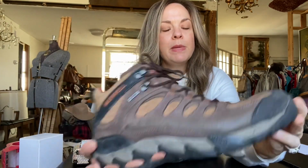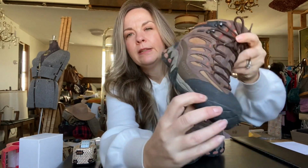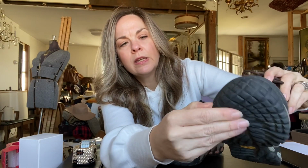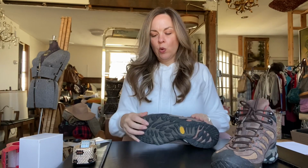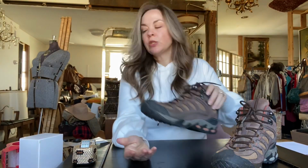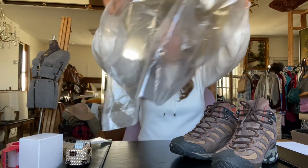Okay, and the next item is a pair of Merrell hiking boots. These are men's, and I picked these up and I didn't realize, I don't know if you'll be able to see it, but they had a little bit of separation here at the sole, but otherwise they were in really great condition. So I listed them anyways, and I noted that it had that flaw,